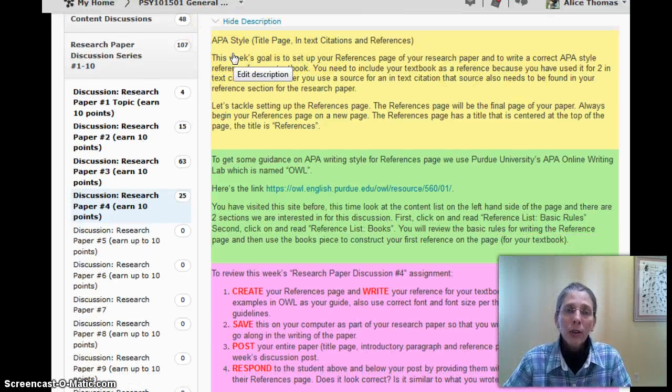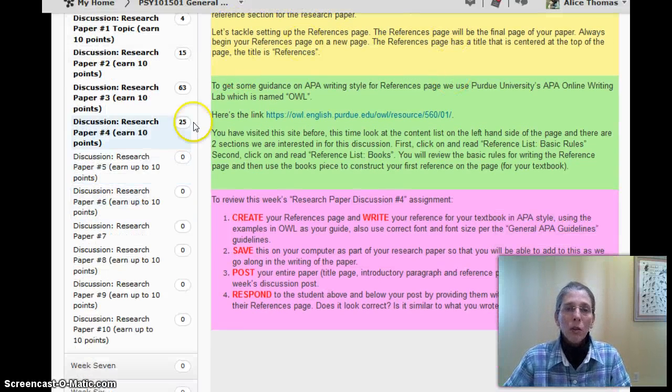APA style, you're already noticing that we are using APA style, American Psychological Association, which makes sense, of course, for our Psychology 101 class. This week in particular was focusing on how to do references. The past couple of weeks we did in-text citations and title page. So we have some good information here, and what I have asked you to do specifically in the assignment, create